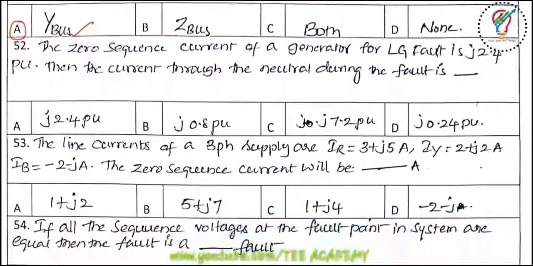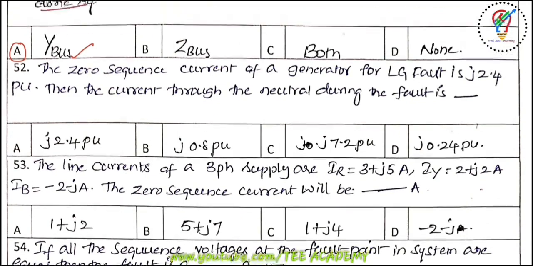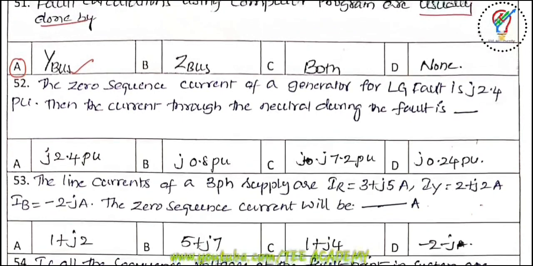Next one, the zero sequence current of a generator for an LG fault is j2.4 per unit. Then the current through the neutral during the fault is, repeat the question here, the zero sequence current of a generator for an LG fault is j2.4 per unit. The current through the neutral during the fault is, okay, the current in the neutral